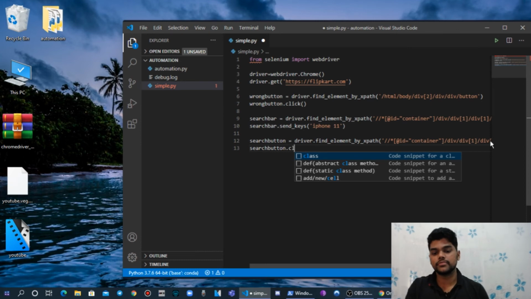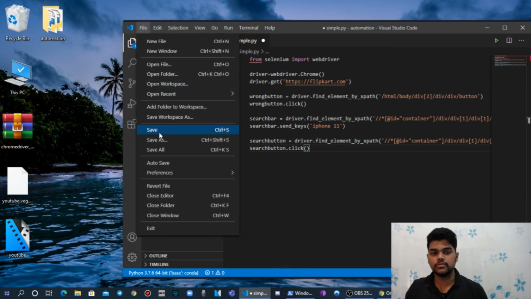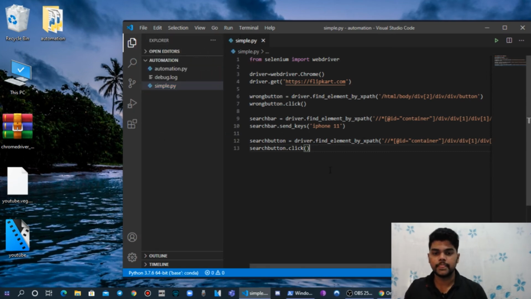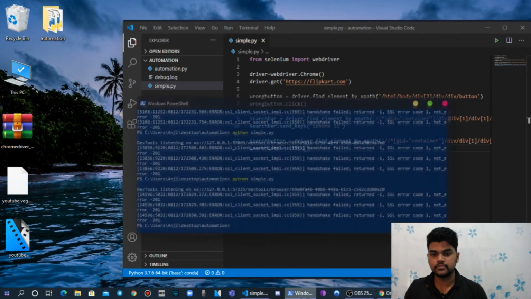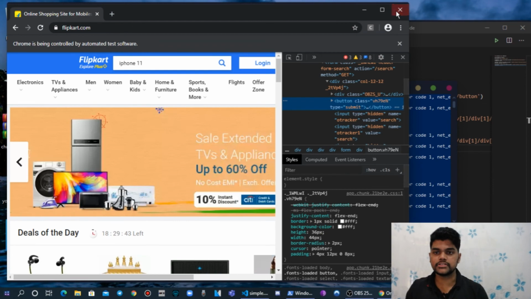So click. Now we will save this file and we will try to execute. First of all we will close these previous Chrome tabs.